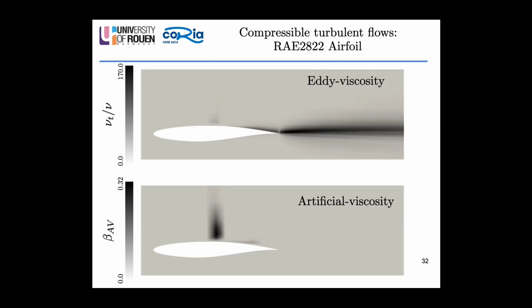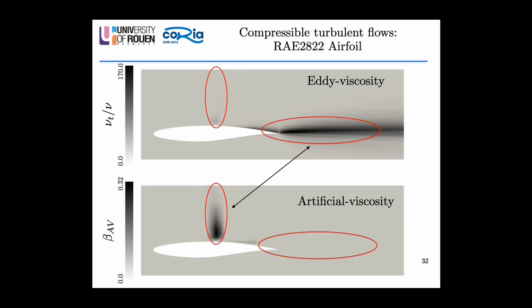So as one last slide on the airfoil simulation, we are showing the average viscosity and average artificial viscosity, showing once again that the viscosity is only mildly active close to the shock and takes the biggest values, of course, in the wake region. And the artificial viscosity instead is active close to the shock and almost zero in the wake. So that the two models are acting on two different regions of the flow field as expected by the